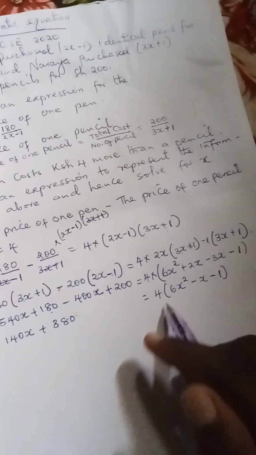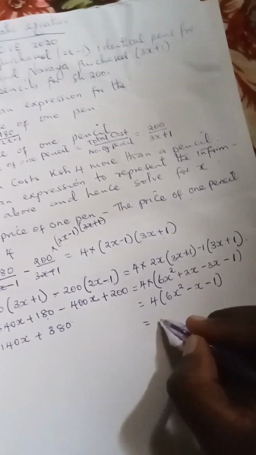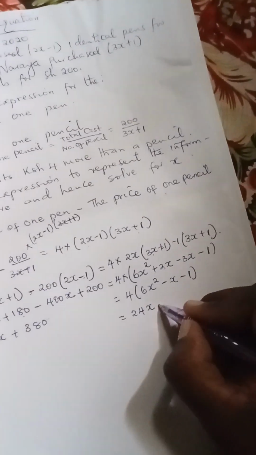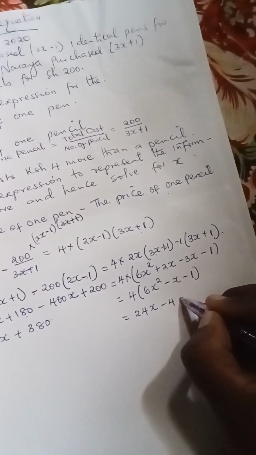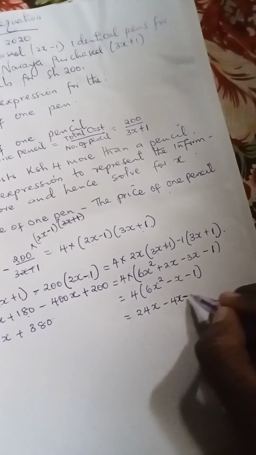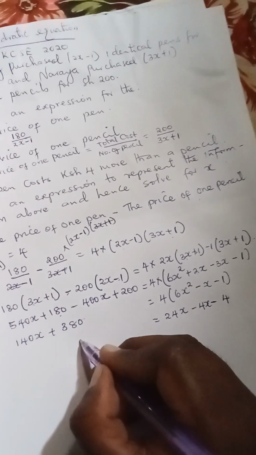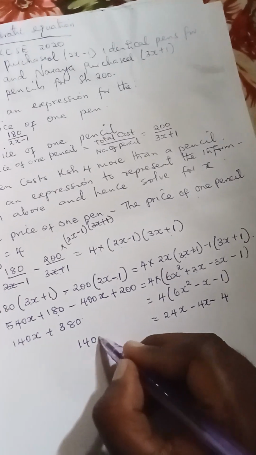Then we open this bracket. That will give us 24x squared minus 4x minus 4. Then here we have 140x